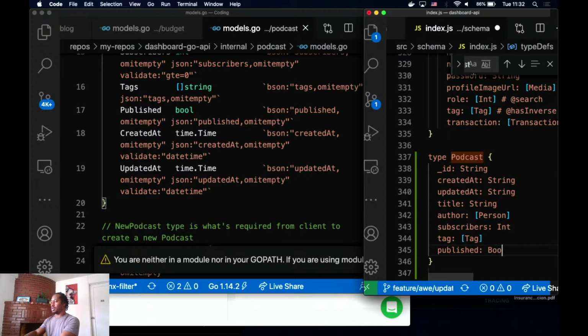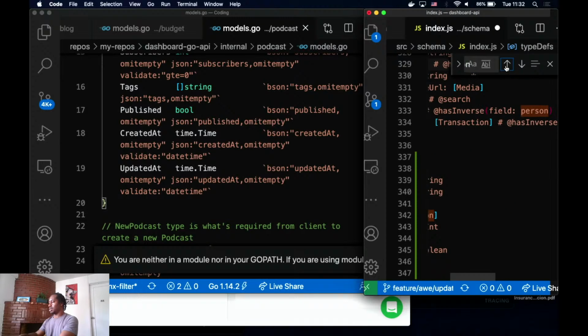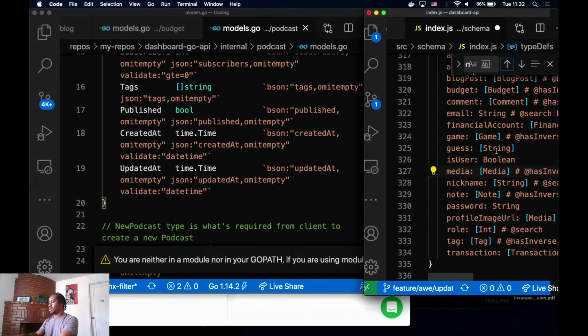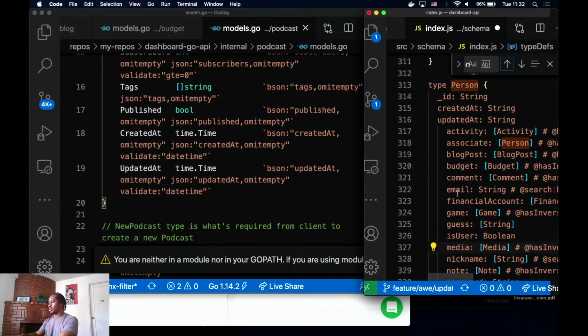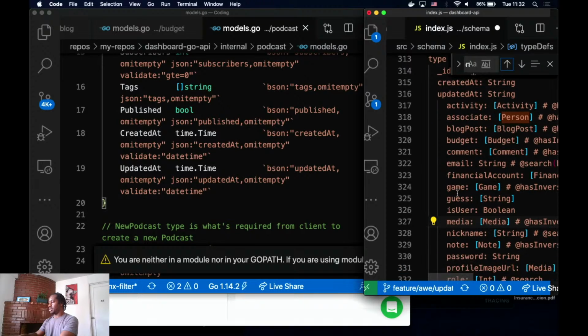Published is Boolean. Real quick, I'm going to check something real quick. Person. All right, type person. Okay, so it's a type person.